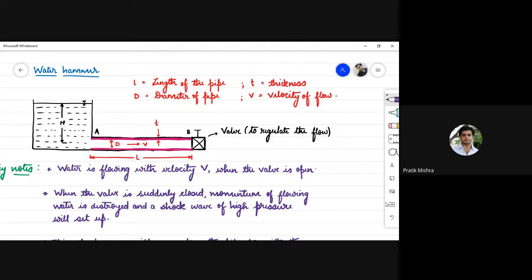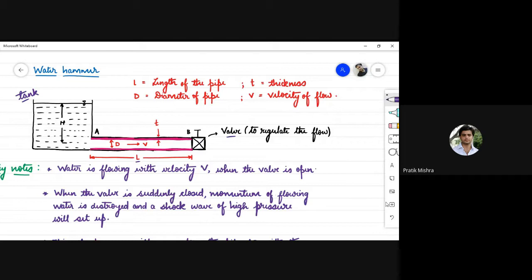Suppose you have a tank on one side and through that tank a pipe is connected whose length is L, and at the end of this pipe you have a valve which is going to control the flow of fluid. A tap arrangement is fitted at the end of the pipe that will control the flow of fluid. If you open this valve completely, your discharge will be maximum, and accordingly, if you regulate this valve, you can correspondingly regulate the flow of the flowing fluid.